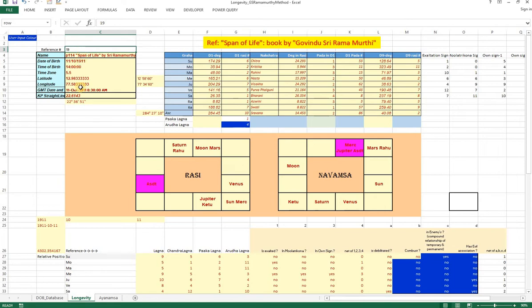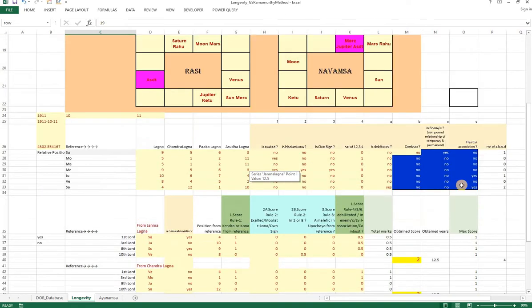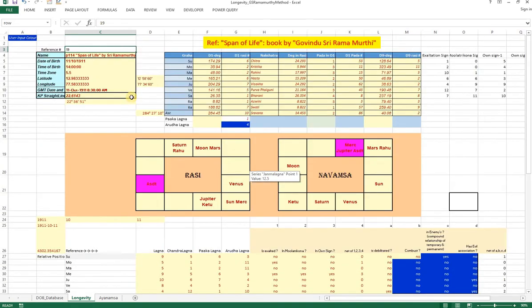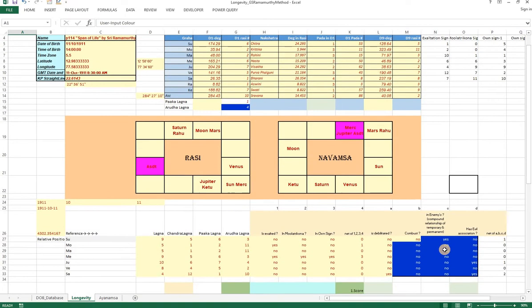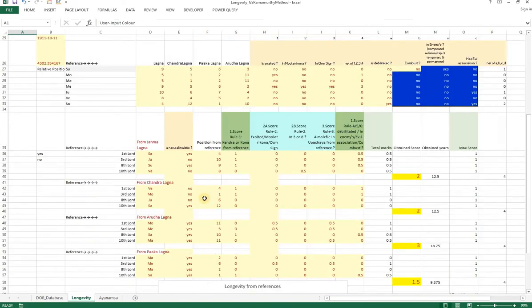The date of birth is put in, it's taken from the database, and all the longitudes are erected and these charts are made. The user has to input only this color. Basically, some inputs are required, so those have to be put in. I will just take you through what calculations are made. So there are some rules. Rule 1 says, if the said lord be in a Kendra or a Kona from the Lagna in consideration, award